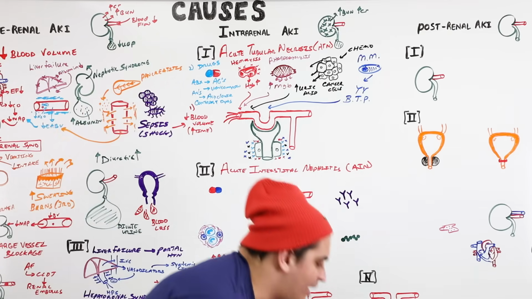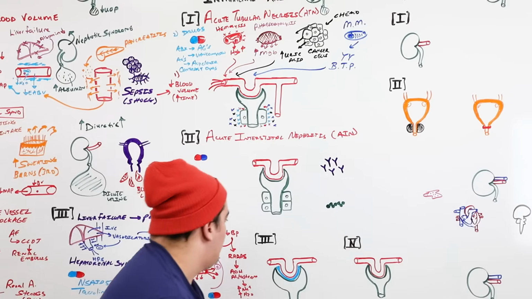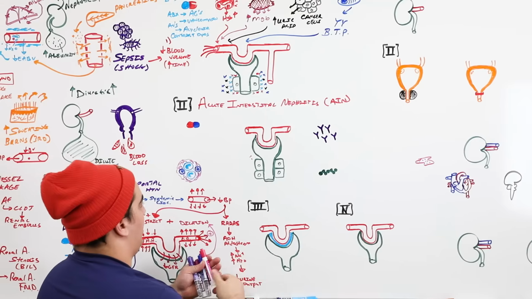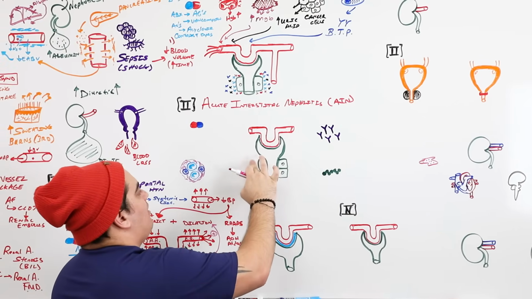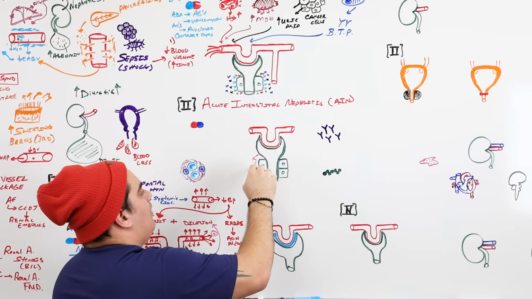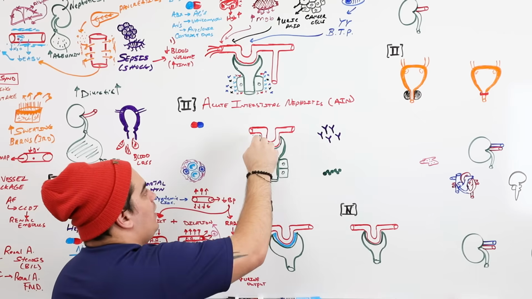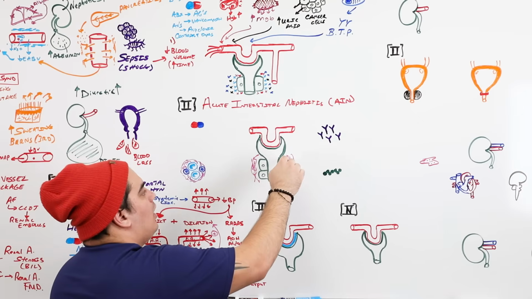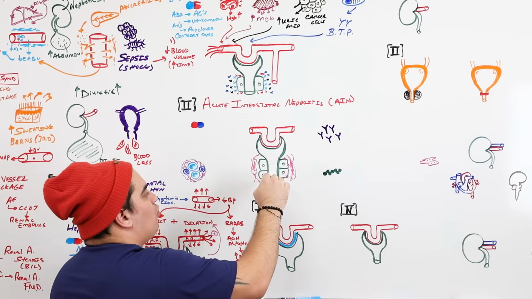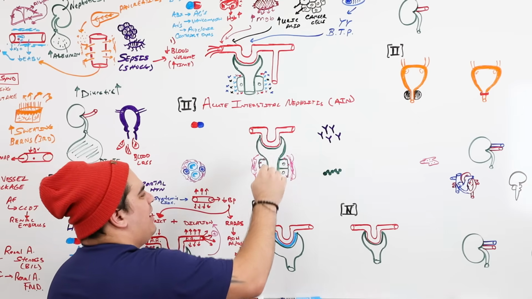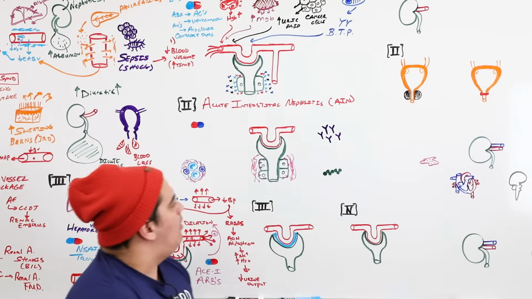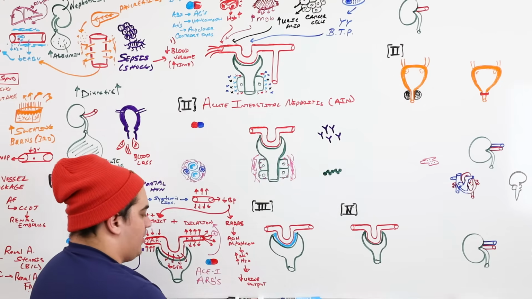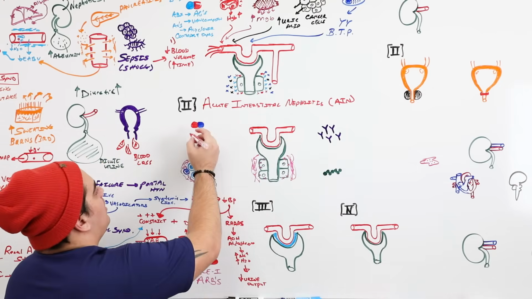Okay, what kind of condition would cause a lot of inflammation? So let's do this in a different color. Let's do pink or something. What condition would cause a lot of inflammation of the interstitium, so the spaces between the blood vessels and the actual kidney cells, the tubular cells, or a lot of inflammation directly of these kidney tubular cells? Imagine them really sad and crying. What would be some conditions? Well, first thing is drugs. It's always drugs, right?